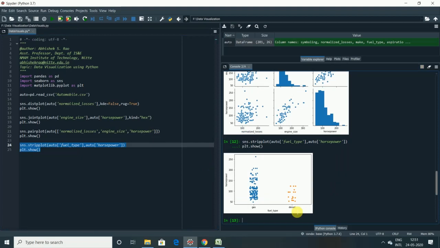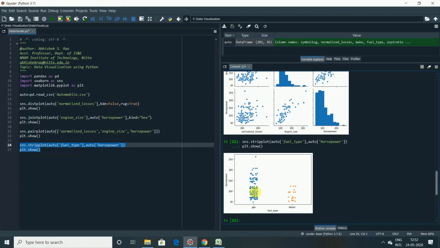Here you can see the two categories are created in the x-axis. One is gas, another is diesel, and then you have a set of continuous variables which shows the plots as dots. This is called an ordered collection of scatter plots. This type of plot is actually not effective by itself, right? We need to do some small adjustment with this plot in order to make it more readable and understandable. As you can see, there are so many plots overlapping each other, so it will be very difficult for any individual to analyze the data in a very effective manner.